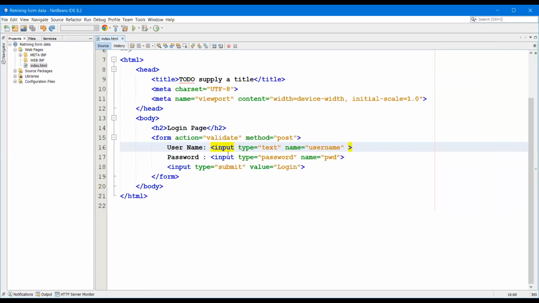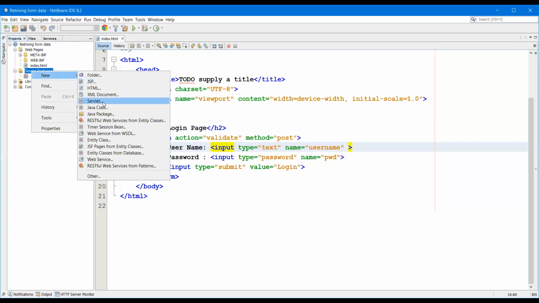How are we going to do the servlet program? We need to add a servlet program. In which folder are we supposed to add that program? In source packages. In the source packages folder, right click, New, Servlet.